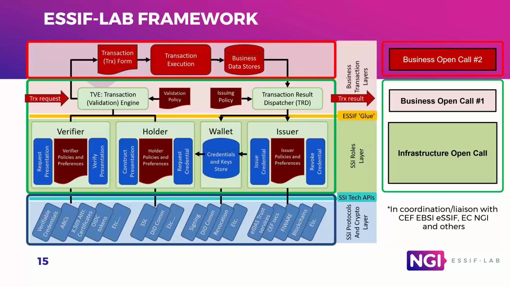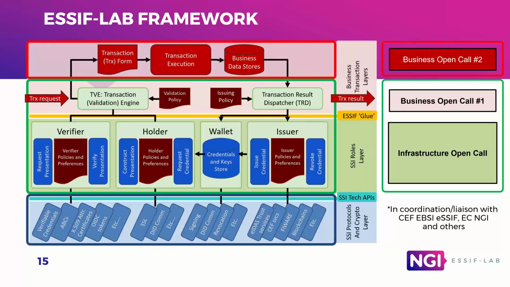So we are seeing 4 layers. The bottom layer is about the crypto, the authentication, identification. This is also the realm where we have blockchains, and they are not the core business of ESSIF-LAB, but we have some sub-grantees that are making connections with them. For instance, about decentralized identifiers or so-called FIDO2 authentication.